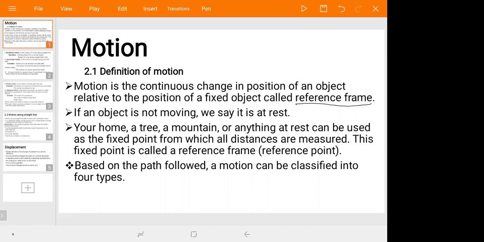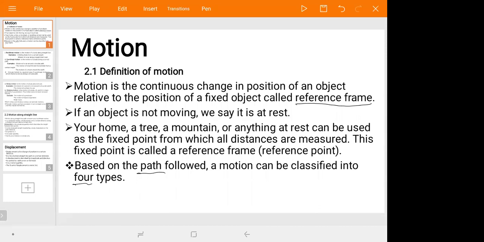The other one is based on the path followed. Based on the path followed, motion can be classified into 4 types. What path did we follow? When we move from one place to another, what path do we follow? Depending on this, motion can be categorized into 4 types. The first one is rectilinear motion, or motion along a straight line, then curvilinear motion,